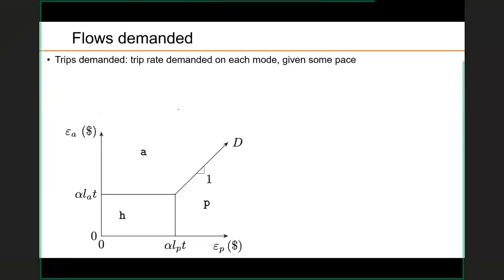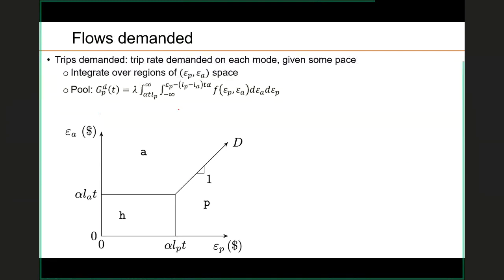So we're going to derive now the flows demanded. The first step is the trips demanded: the trip rate demanded on each mode given some pace or travel time index. To get this, we integrate over regions of epsilon p, epsilon a space. If I just integrate over the p region, and this line actually goes out to infinity, there's nothing special that happens at 0. But basically, if we just integrate over here, we would get